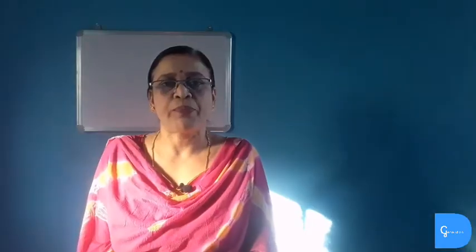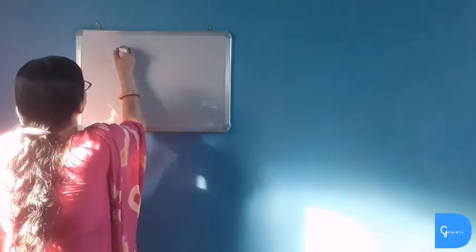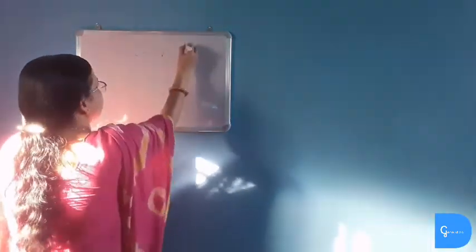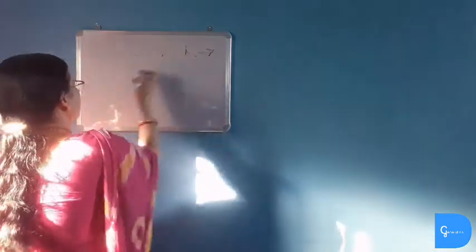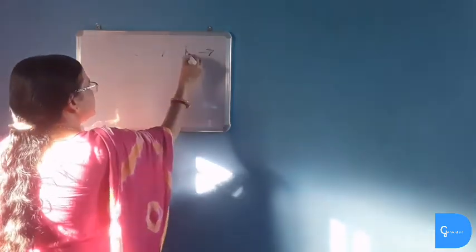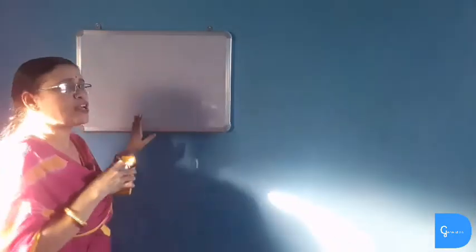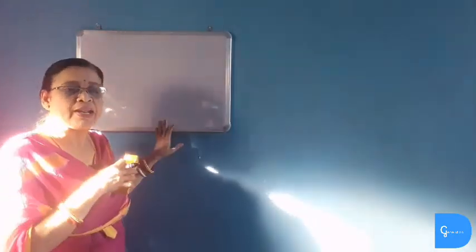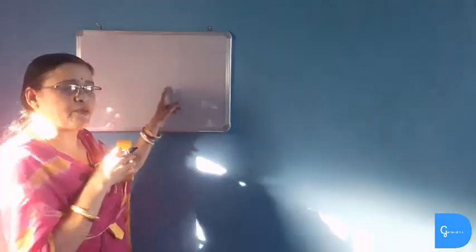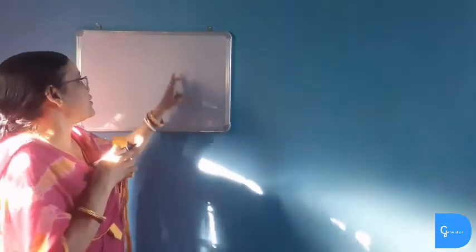Now effect of temperature on conductors. We have seen that when temperature of a metal increases, then its resistance also increases, and when temperature decreases, the resistance of the conductor also decreases. But in the case of metal alloys like nichrome, constantan, manganese, and in the case of insulators like rubber, plastic, etc., there is no effect of temperature on resistance.